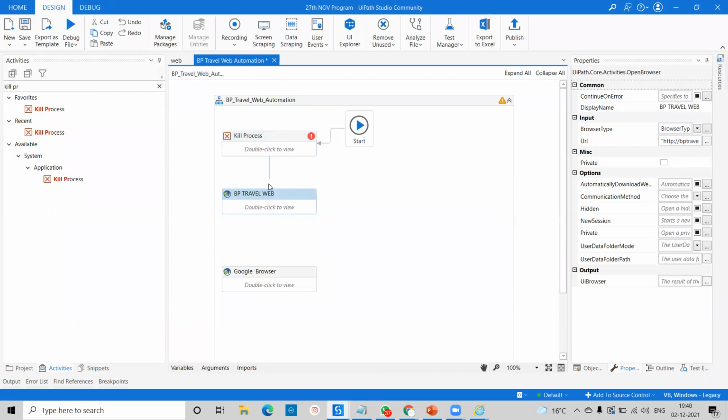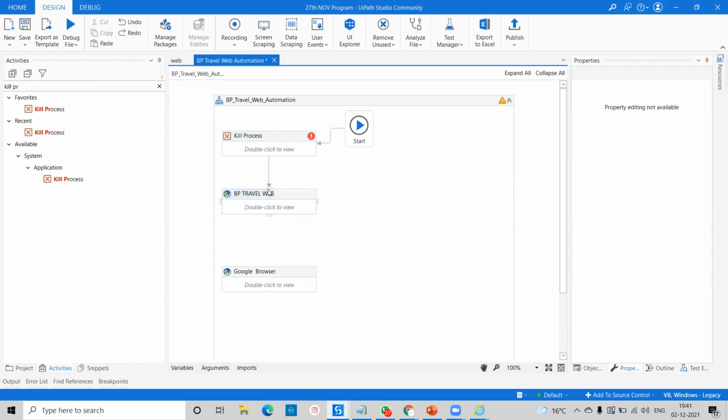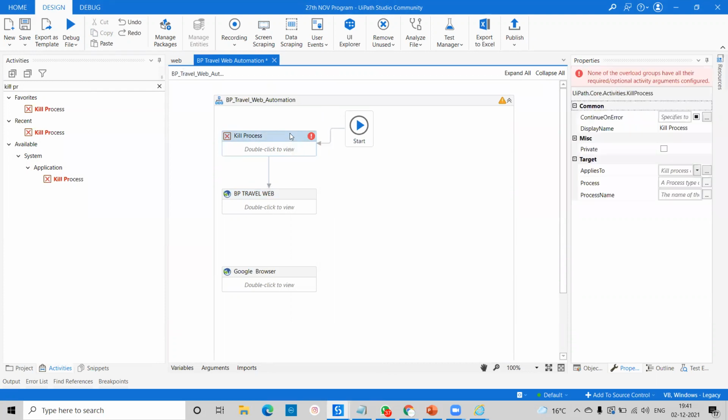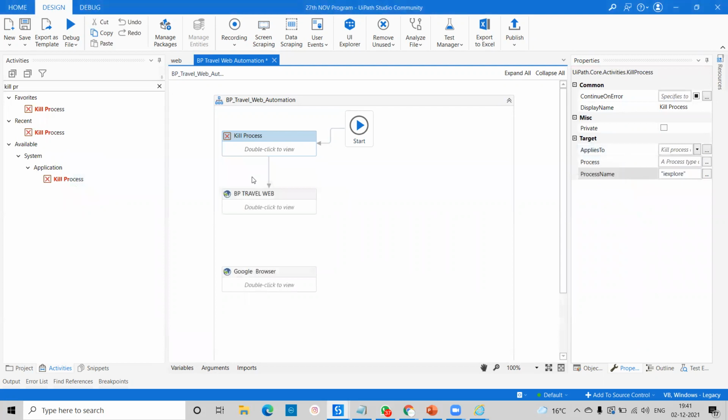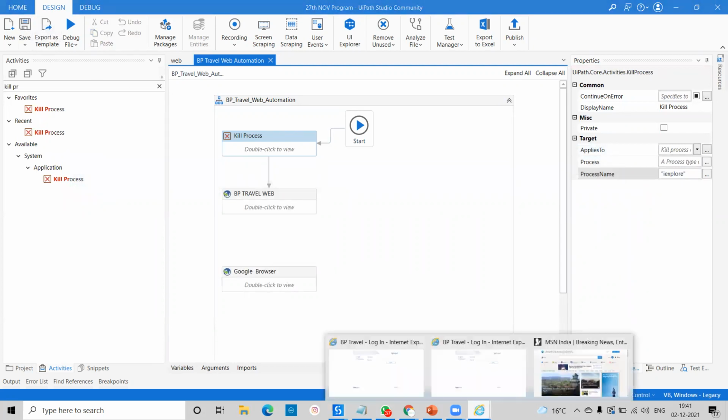Okay, so Kill Process is not only for Internet Explorer, not only for the calculator. It's for every process, whatever process you're going to automate. If you're going to automate the database, desktop automation, PDF, or any process, you can pass the process name here and automate like that. Through that, first it will close all your windows. Like you can see, we have already opened three, or one hundred, or two. Whatever, it will automatically kill all the windows.